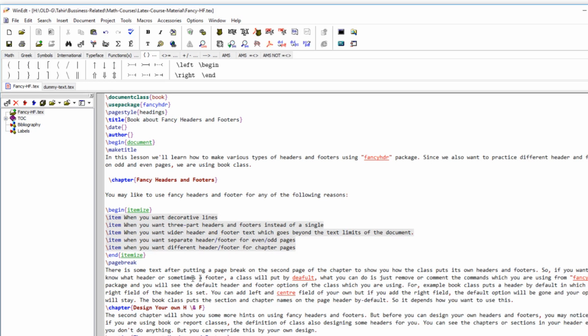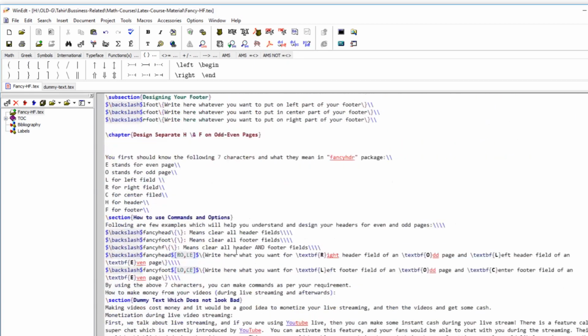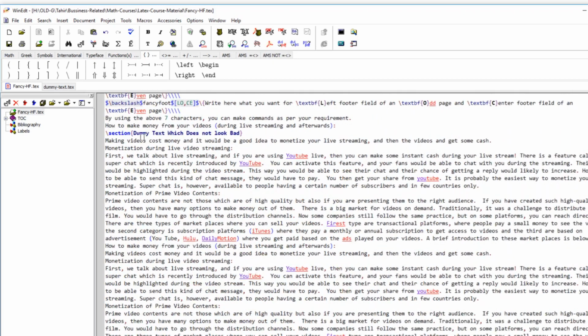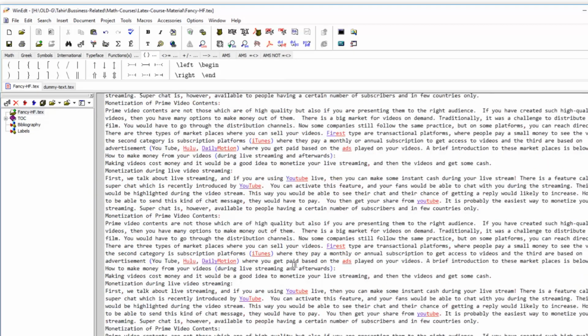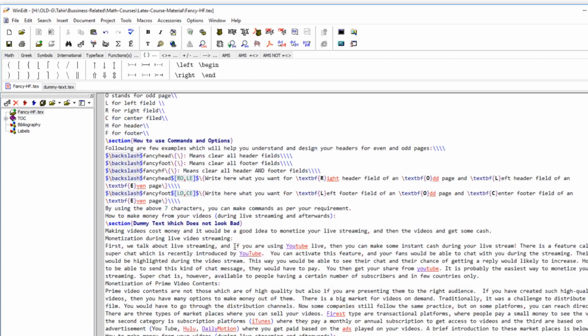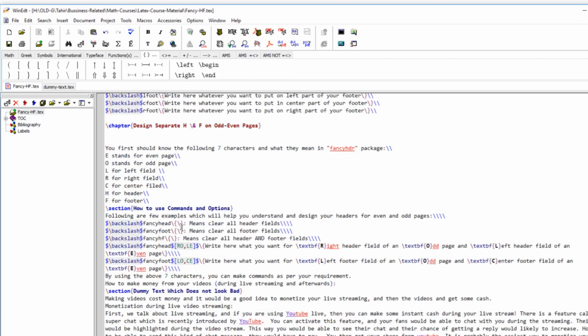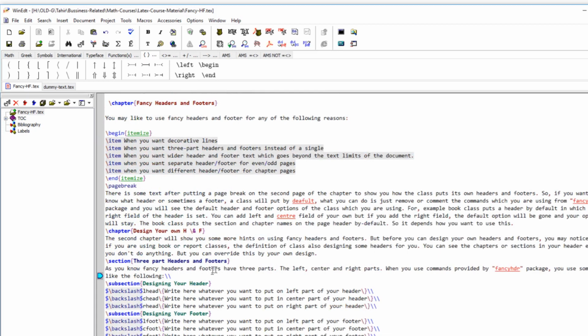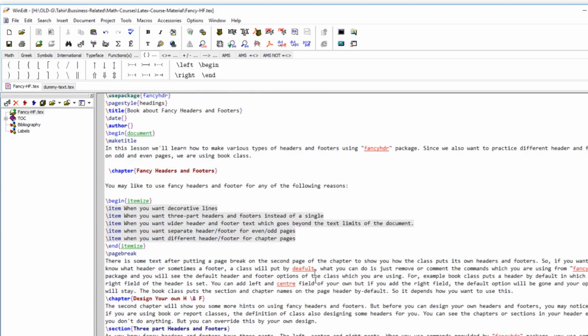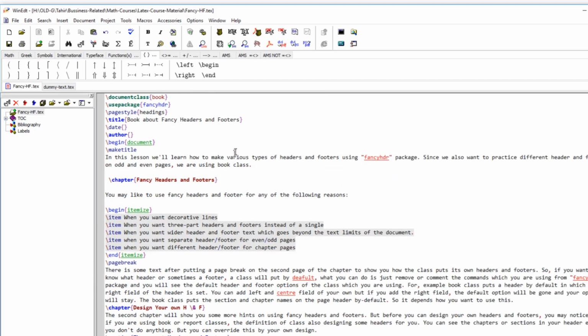So in this document, this is some text, nothing special about this. This last paragraph is just a dummy text which I have put here just to increase the number of pages. I actually just copy and paste some text twice so that we can get some pages in this document. And there is some detail about this package which we are discussing now, so this will be helpful for you later as a reference.